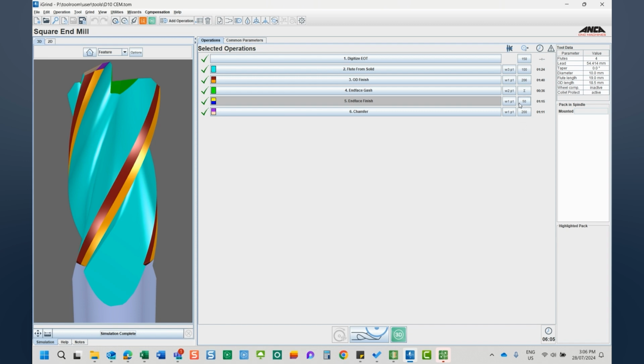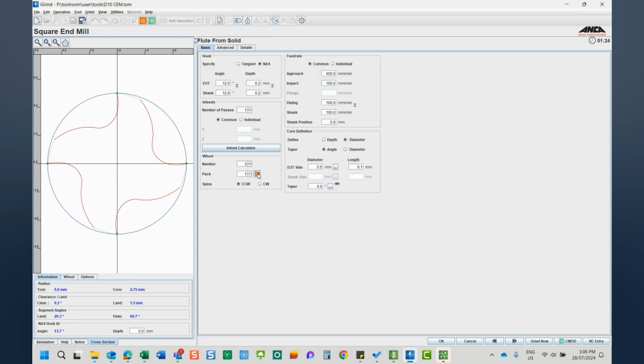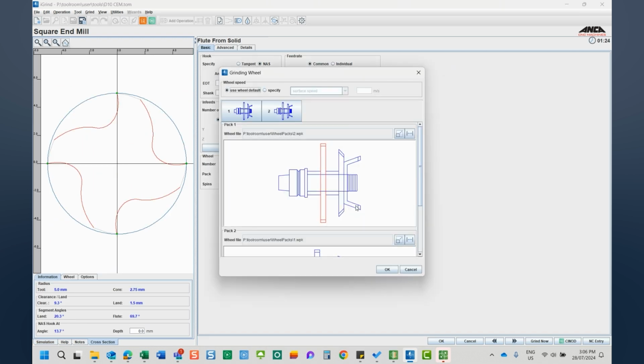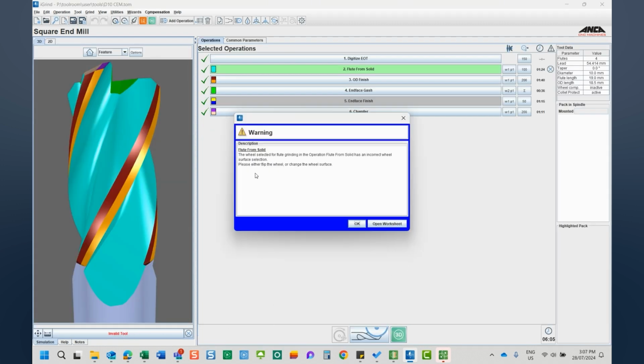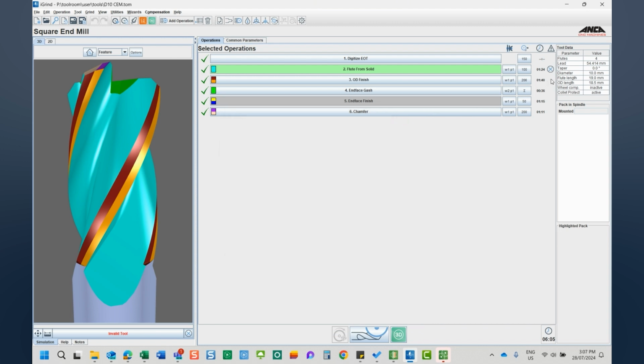But I'll just go ahead and make a small change here for the sake of our tooltip today. So I'll select an incorrect wheel and let's see what happens. So it says invalid tool here and I can select here and it gives me some description. But also now additionally on the right hand side you can see here the operation which is causing the issue